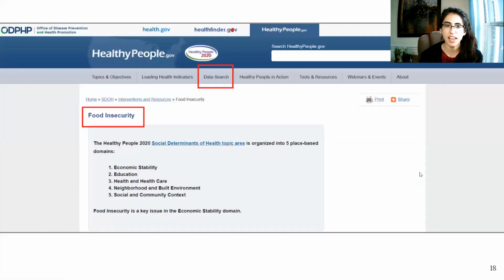I clicked on the healthypeople.gov, and that took me to the page on food insecurity. You can go ahead and read about it below, but see that middle bar up here in the gray? I put a box around data search, to let you search for data. Remember how I talked about how it has statistics? Perfect. This website is already leading me straight to where that data is, and I can search for what information is available there.